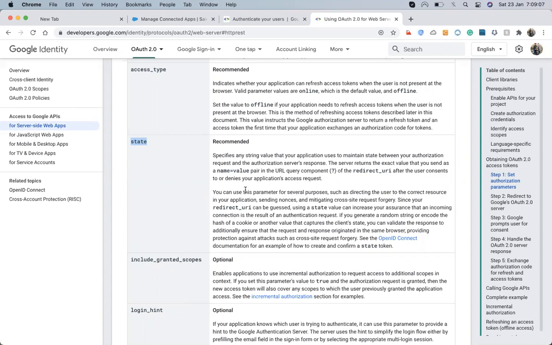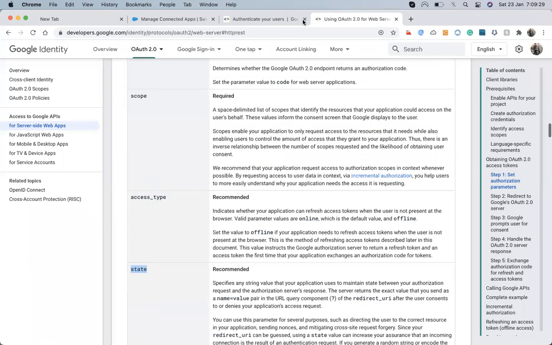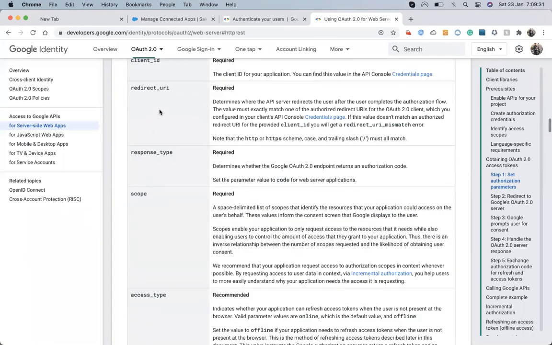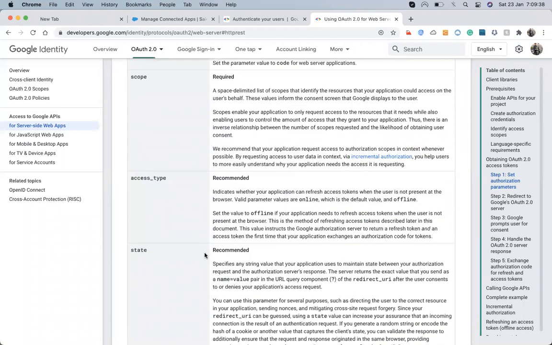The thing is that whenever we are doing the authentication with Google, whenever we hit that authentication, it will open a pop-up in which the user selects their user account. Once the authentication is successful, it will redirect to our page, whatever page we defined in the redirect URI. After the authentication, it will redirect to that page.